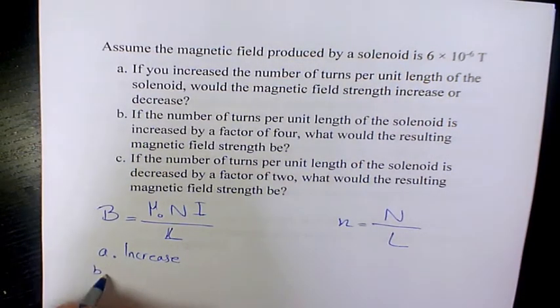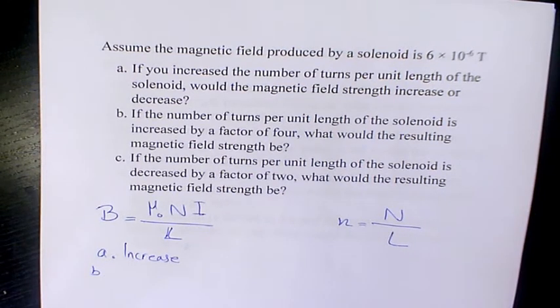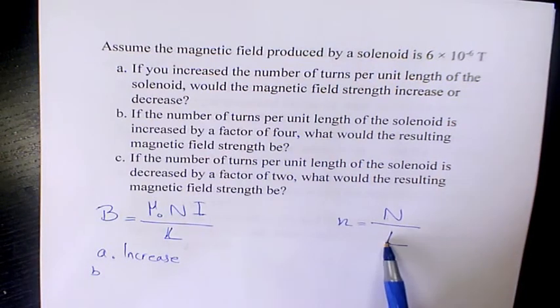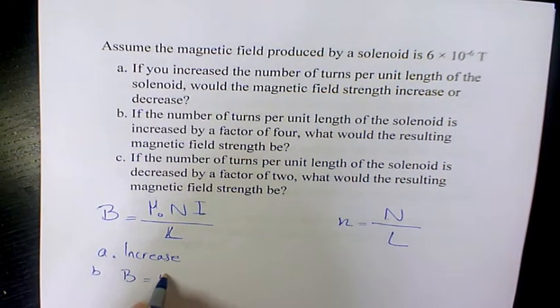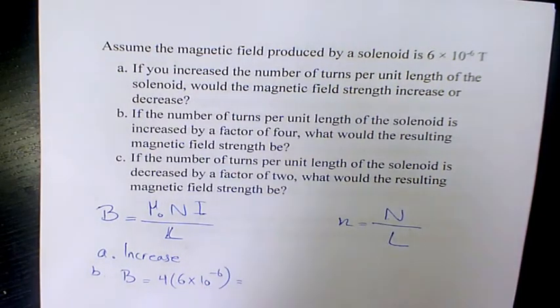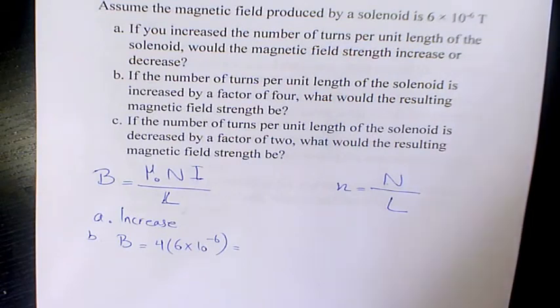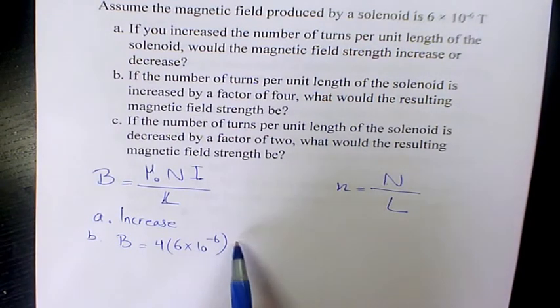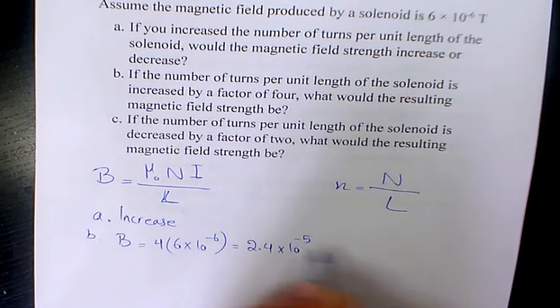Part B. If the number of turns per unit length of the solenoid is increased by a factor of 4, what would the resulting magnetic field strength be? So it becomes 4 times, so it means that B becomes 4 times bigger. So it's going to be 4 times 6 times 10 to the power of negative 6. We don't need to use the calculator. 6 times 4 is 24. 24 times 10 to the power of negative 6 will be 2.4 times 10 to the power of negative 5